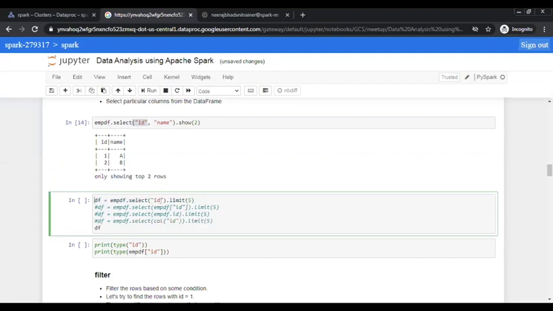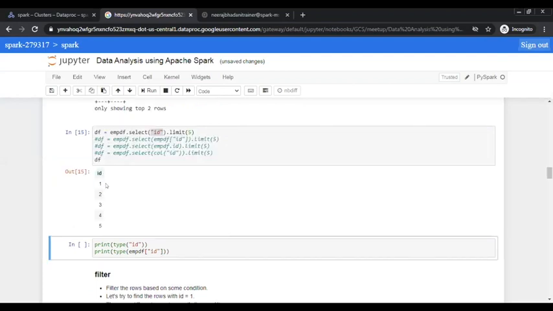Let's look at it one by one. So here in the first case, we are specifying the column as a string as we did earlier, but just for the demonstration, I'll do that again. You could see we have got the ID column, and since we did the limit 5, we got only 5 records.